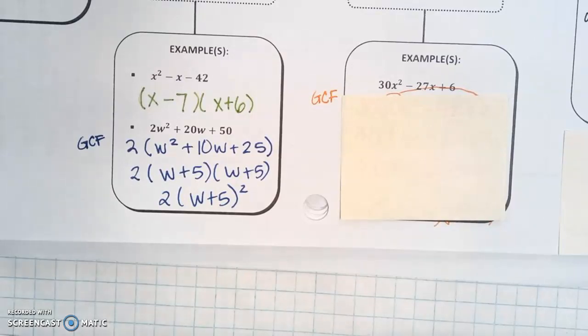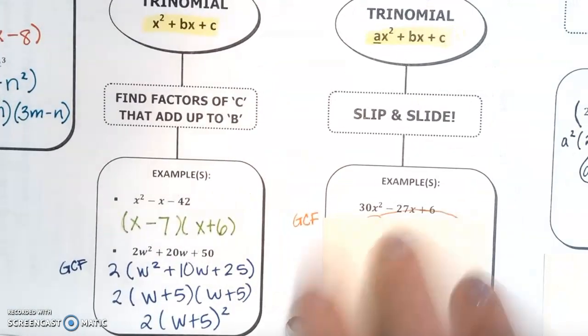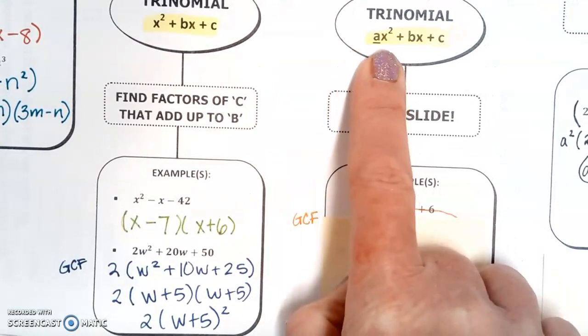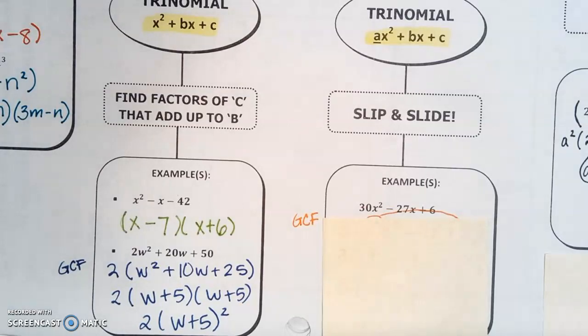Any questions on the easily factorable trinomial? Okay. The other trinomial is where you're going to have a leading coefficient other than 1. So this a right here is sometimes a 3 or a 5 or a 7, sometimes a 2. And there's this method called the slip and slide. But most of you I've seen use the little box thing, right? Yes, okay. So I'm going to show you with the box, and then I'll show you this little slip